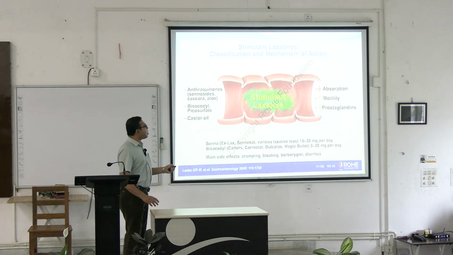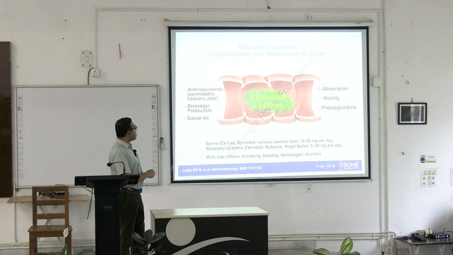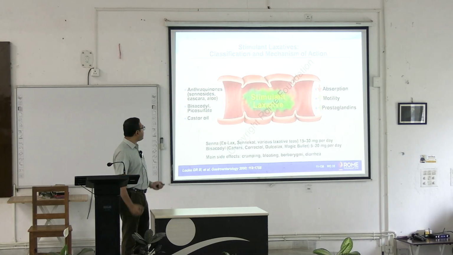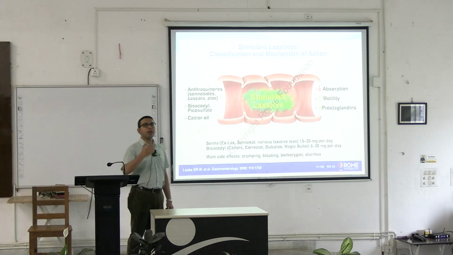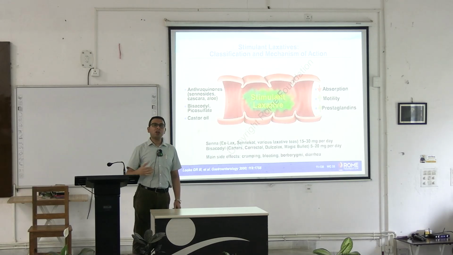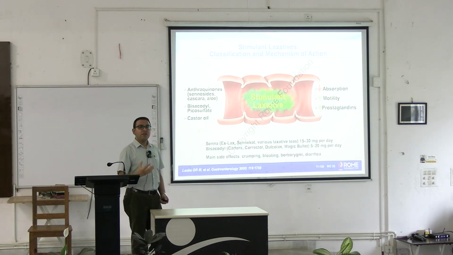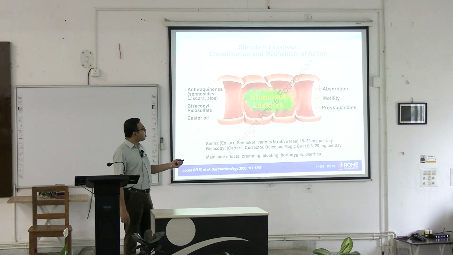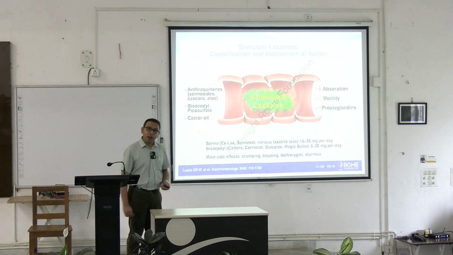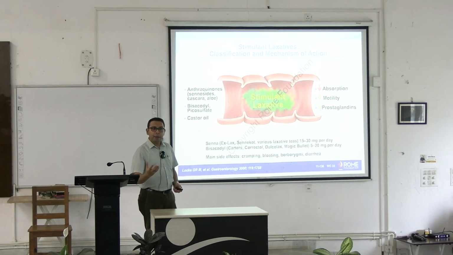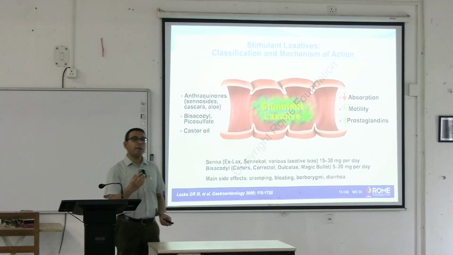So you can see by which the stimulant laxative acts. Examples are cascara, aloe, sennosides, bisacodyl, picosulfate, castor oil. Castor oil was previously used in case of the children, but because of this dyselectrolytemia and sudden severe colonic movement, it is lesser used nowadays. So ultimately they decrease the absorption of the water back to the intestine, increase the motility and increase the prostaglandin levels. They increase the nitric oxide level,